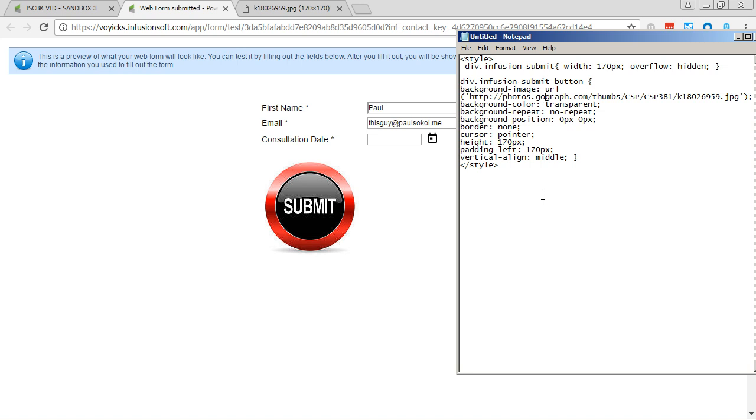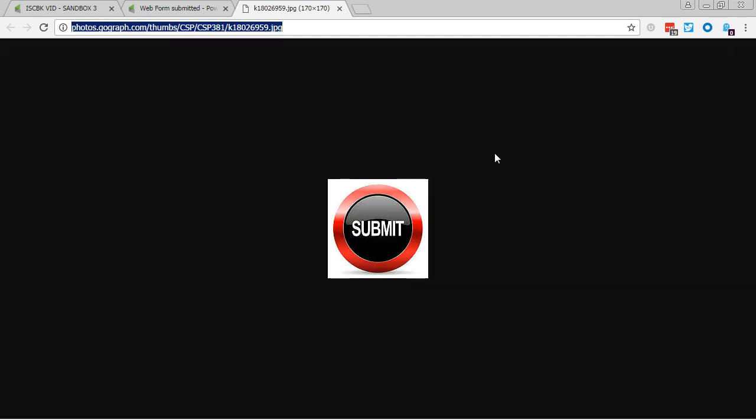Now for an extra impact, you can use an animated GIF as your call to action button as well. So if we wanted to have an animated submit button,